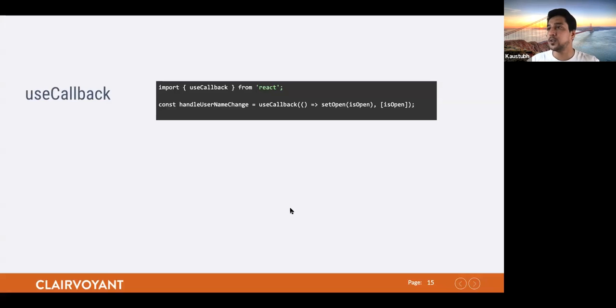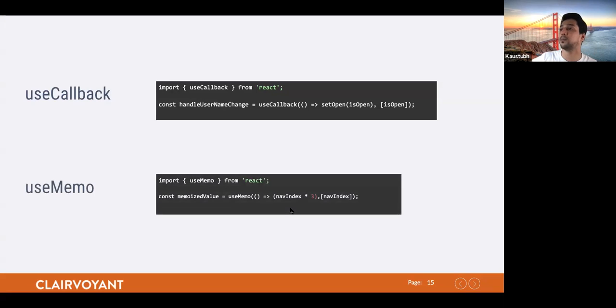Now there are some additional hooks. They don't solve any kind of problem that we had with class components, but they are additional hooks that we can easily plug and play into our component so as to get a performant, pure component. What these two hooks are doing is actually just memoizing our values. useCallback and useMemo have a similar kind of behavior. So they are just memoizing those callbacks and the particular values.